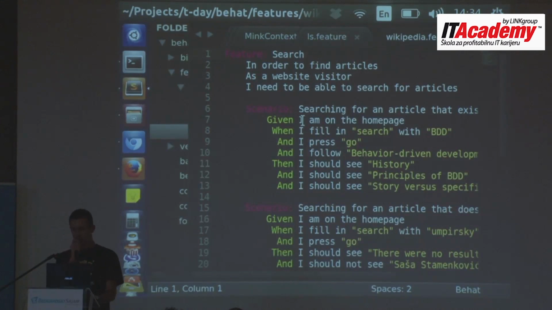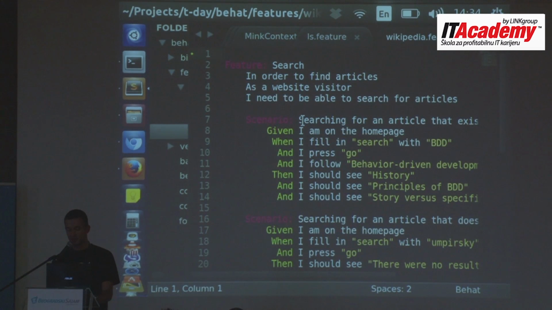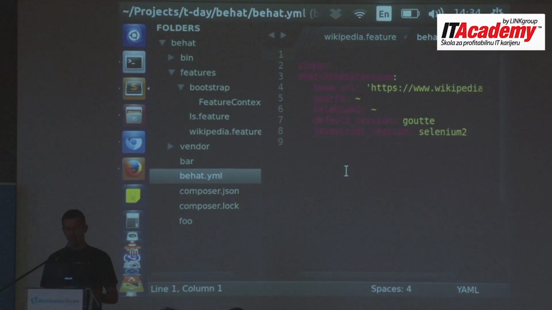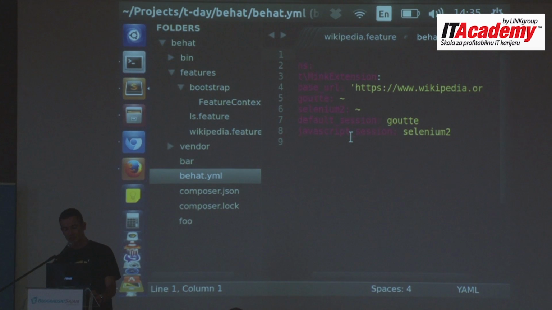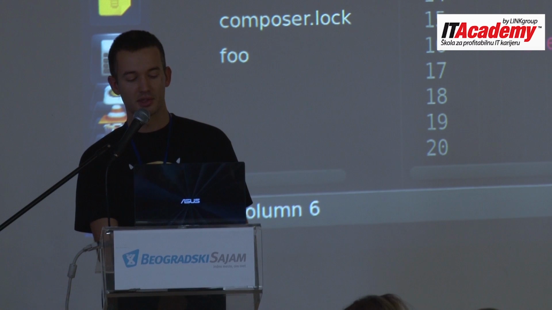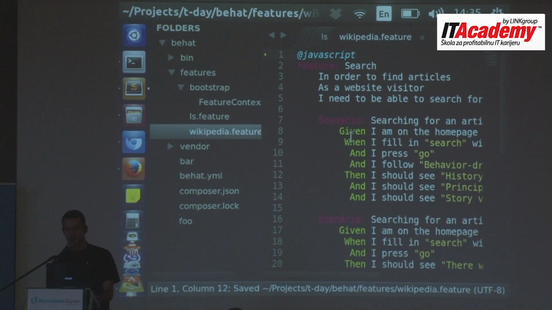And in order to assure that it really did, I can enable Selenium. If you look at the Behat config, I have defined several sessions here. The default session uses Goutte. Goutte is just a simple HTTP client, but I can also use Selenium, and I use it for the JavaScript session. In order to enable that in my feature file, I just need to add this annotation, @javascript.